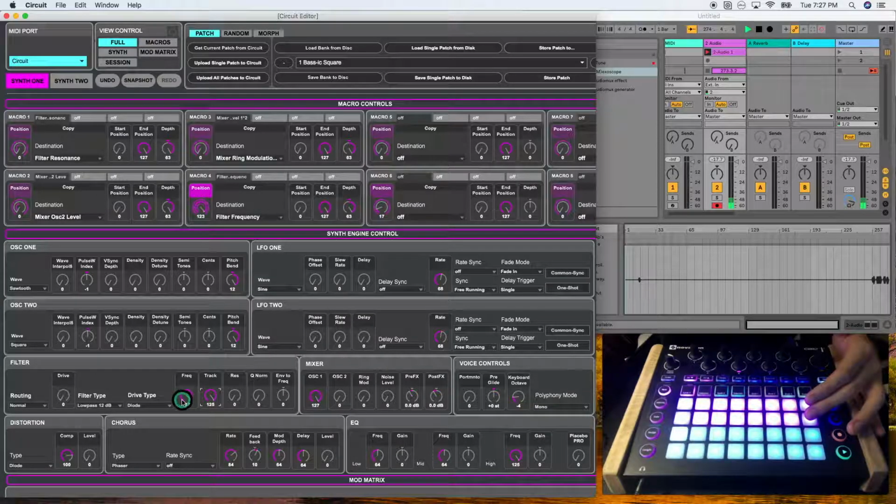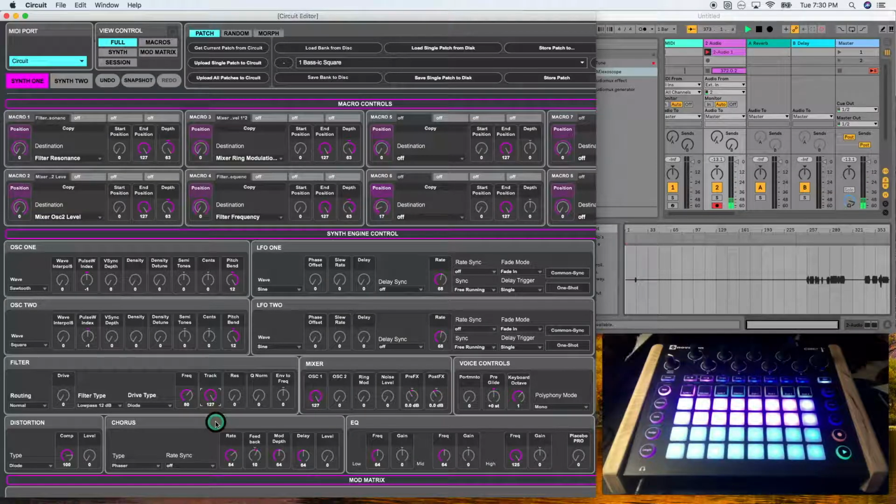So if I turn up the frequency and have track at max and I play a really low note, you kind of hear it's buzzing. But if I turn down track with a very low note, you'll hear the filter decrease, so it'll become more bright. If I start high and press a button here, the filter is a lot more open.